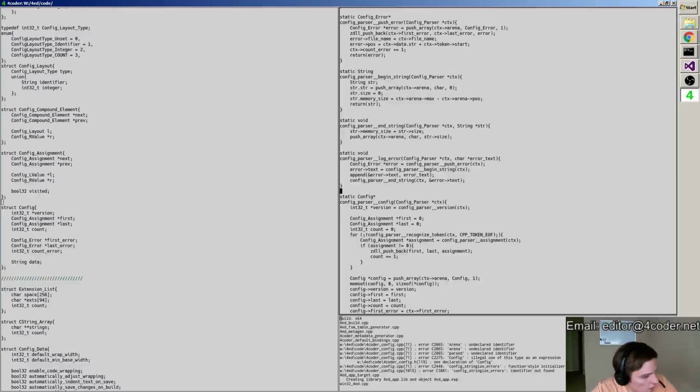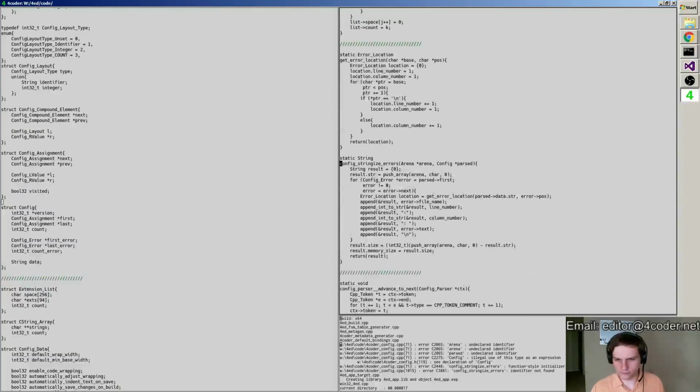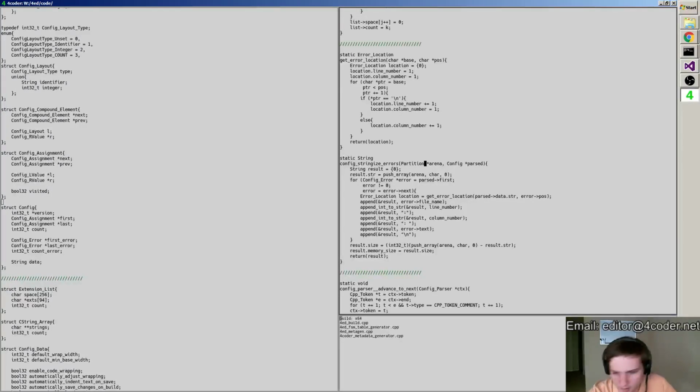ZerkBTW asks, what are you making? I am working on the parser for the config system for 4coder. Particularly, I'm adding in error reporting so that you can jump to the line where an error occurred in your config file. Right, let's call it partition. Still gotta upgrade to the new engine where I can fix my naming scheme on stupid stuff.